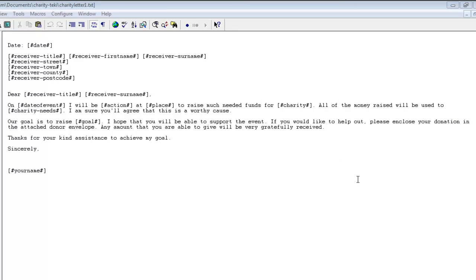In this tutorial of Teki, I'm going to show you how to make your own very quick Teki, a piece of software that will generate a sponsorship letter for a charity event. I've already written the letter here in a standard notepad or textpad document, and it's saved as a .txt file,